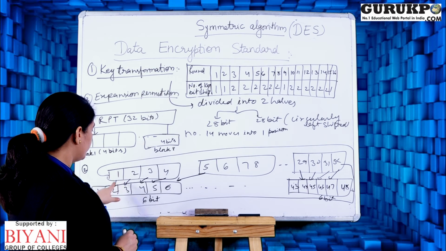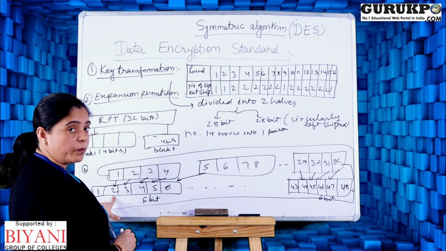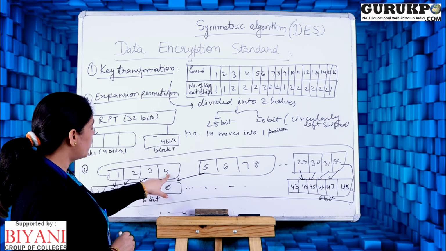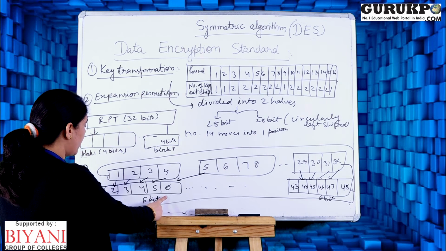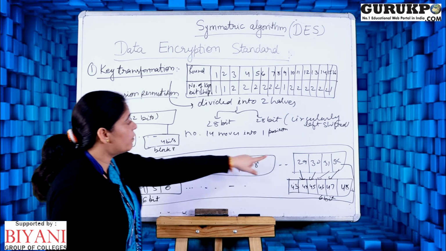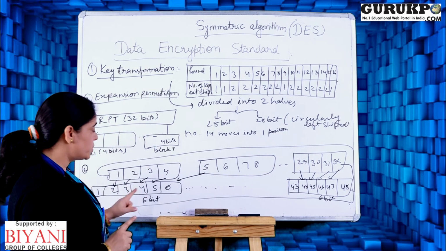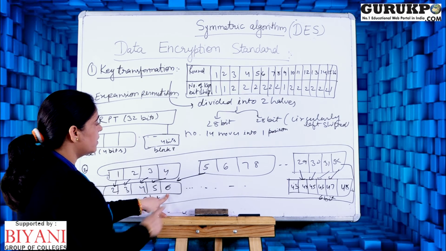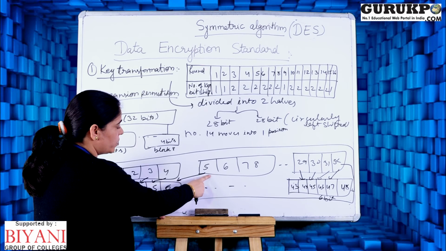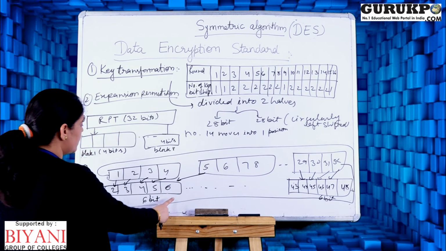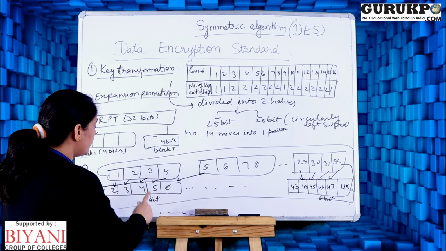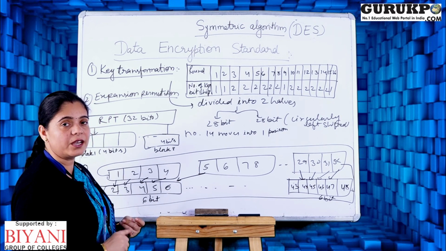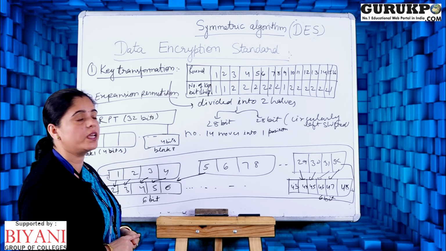Now we will perform the expansion permutation on that. The first bit will be shifted into the 2nd position, the 2nd bit into the 3rd, the 3rd bit into the 4th, and the 4th bit into the 5th. Then what will happen to the 1st and 6th positions? The 1st bit will come from the 32nd bit, and the 6th bit will come from the first bit of the next 4-bit block. So in this way the 6-bit blocks are generated, and 8 blocks are generated, each of size 6 bits, meaning 8 times 6, so the RPT size is 48 bits.